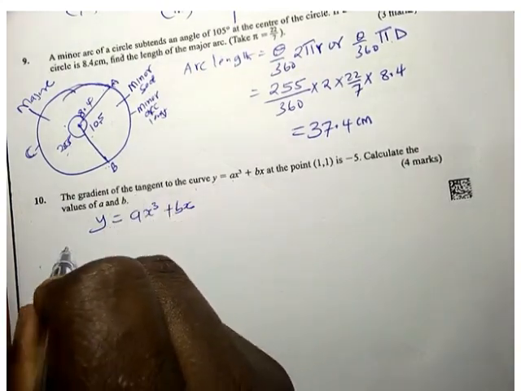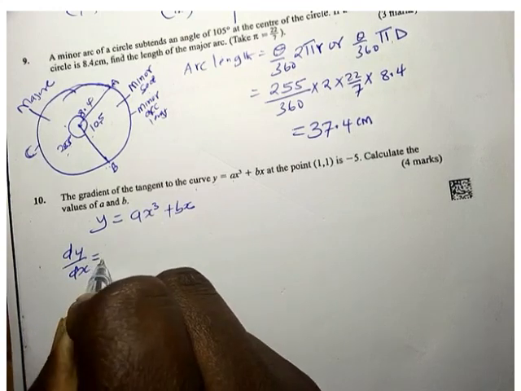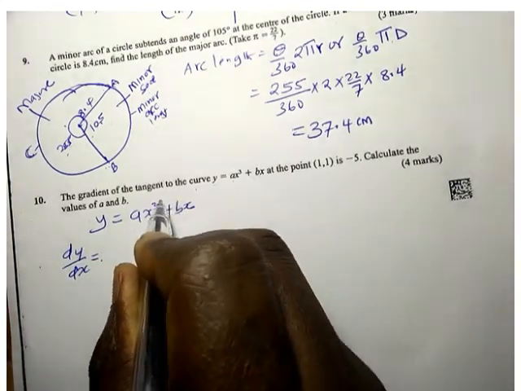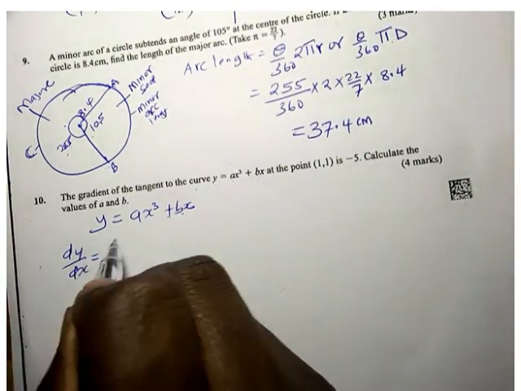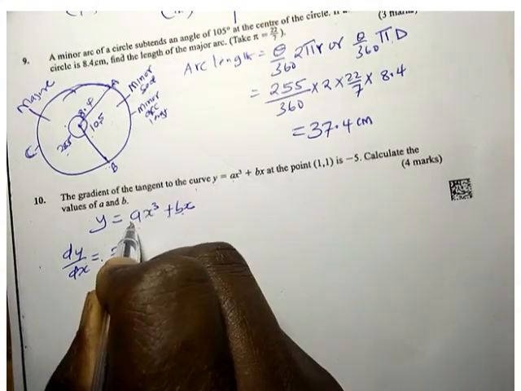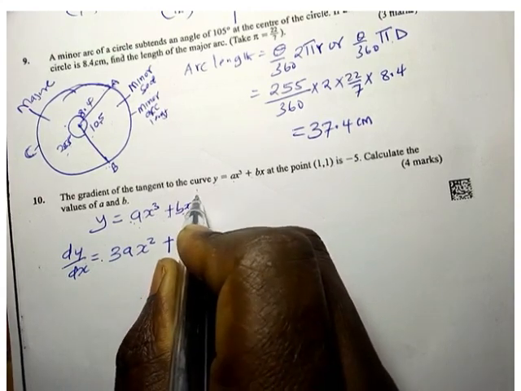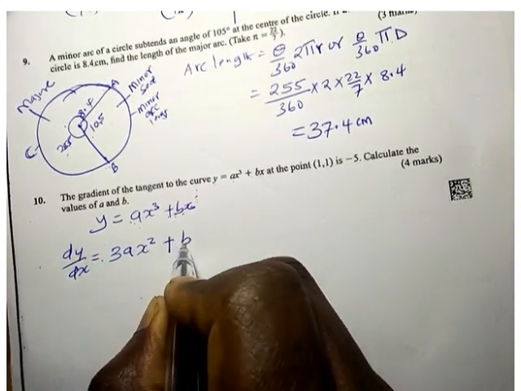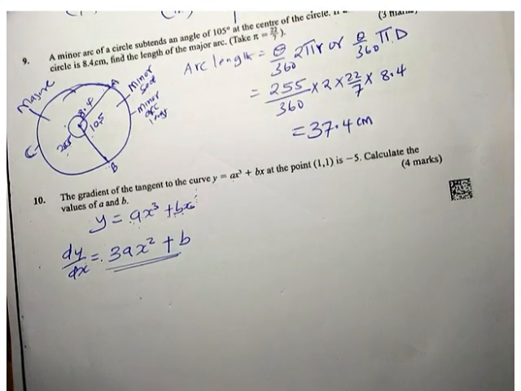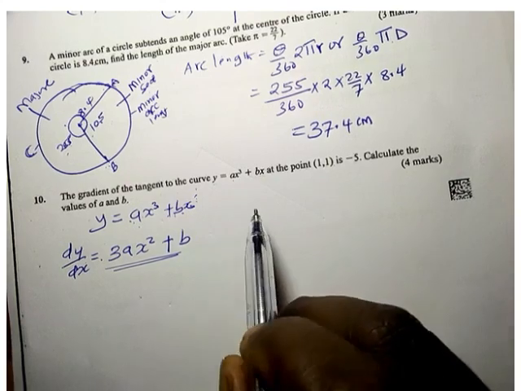So the gradient function is given by dy over dx. This is what we call the gradient function. And dy over dx is the differentiation of this. You differentiate this one and you get, for this one, dy over dx is going to be 3a, the 3 comes here, then x remains as x squared, minus 1, plus b times 1 times x to the power 0, which is b. So the gradient function is 3a x squared plus b. Lakini tumeambiwa